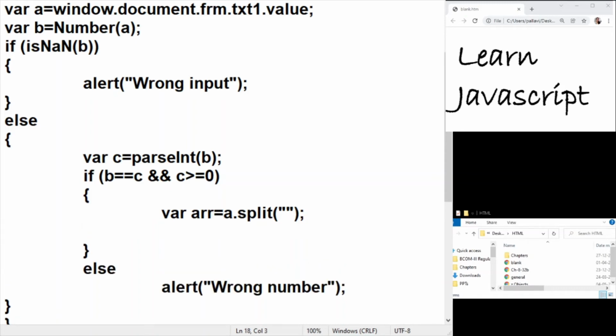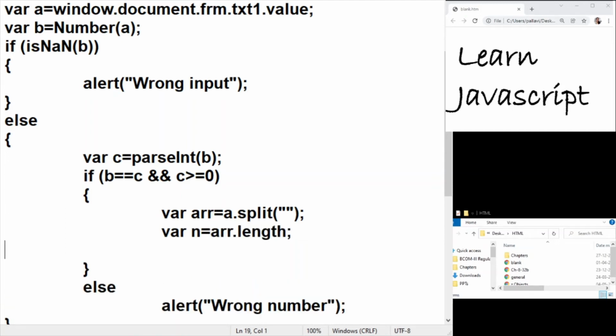So next what you can do is find the length of the array. That will define how many elements have been created. For example, if you enter the string 1 2 3 4, then it will be split into 4 elements, starting from the 0th location to the 3rd index position, and the element values would be 1, 2, 3 and 4. So I have actually found out that there are 4 elements. Or you can directly use the length on a as well, which is a string. So you don't really need to do this. You could have just taken a dot length, which tells you how many elements there are.